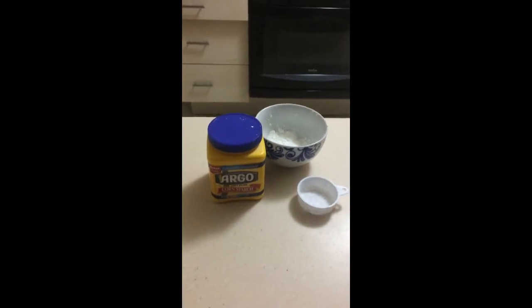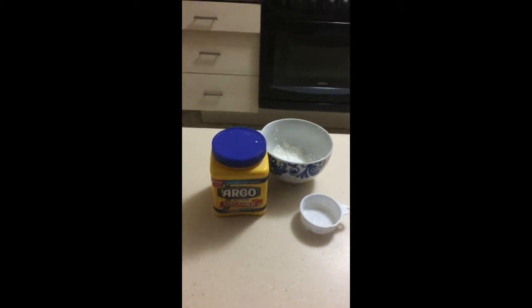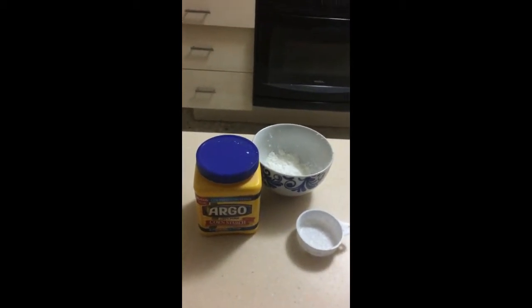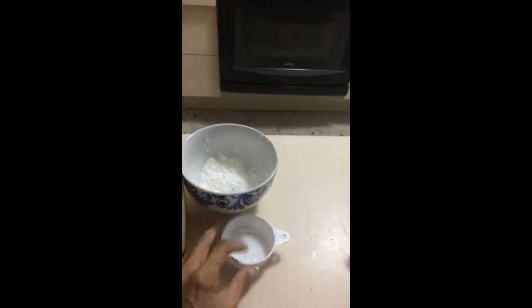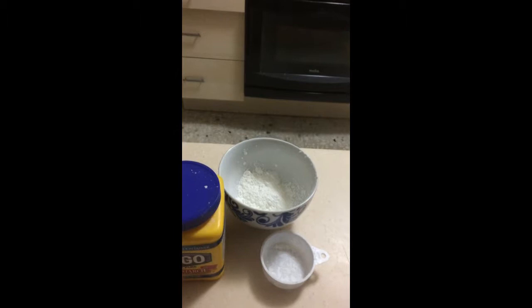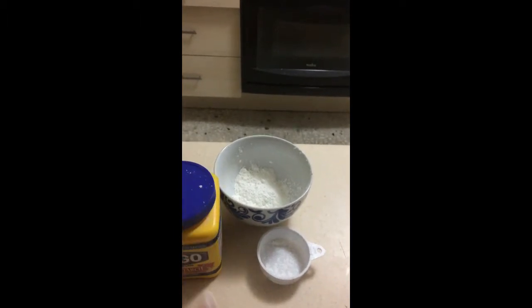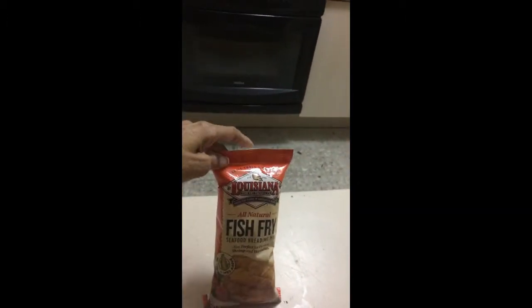So I had a hankering for some fried fish sandwich. So I am going to batter it using 1/4 of a cup of cornstarch, a little oil, and some water to make like the egg dip so that the fish fry will stay on the mushrooms. And here's the mushrooms, which give it that highly battered